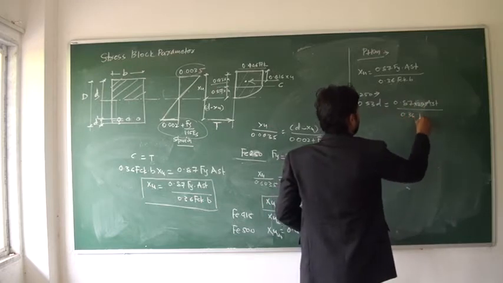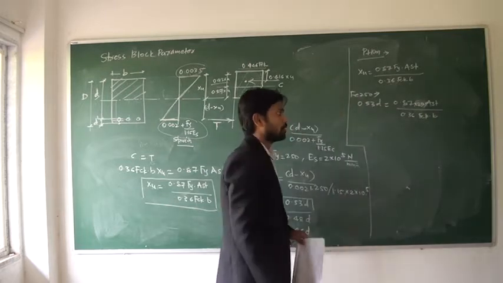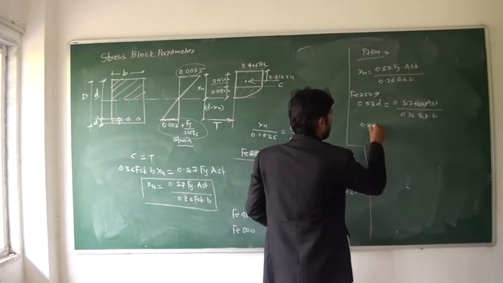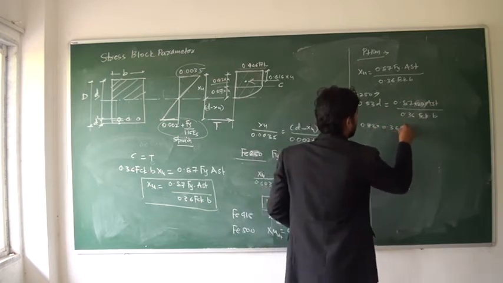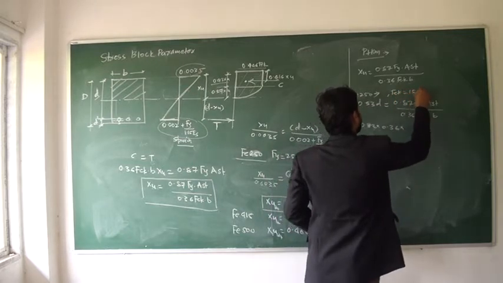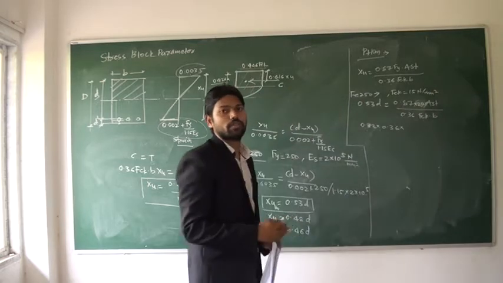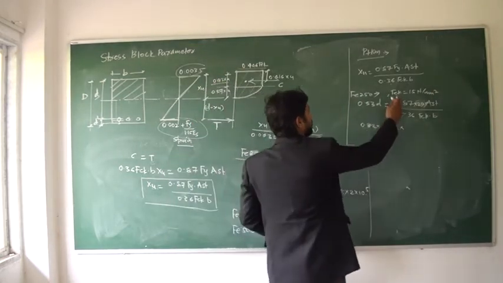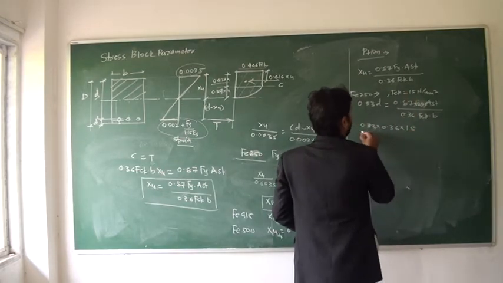0.36 FCK B. Okay. So now 0.53, I will keep here, multiplied by 0.36 into FCK. Now take FCK as 15. We will consider that we are using concrete of grade M15. So FCK will be 15, divided by